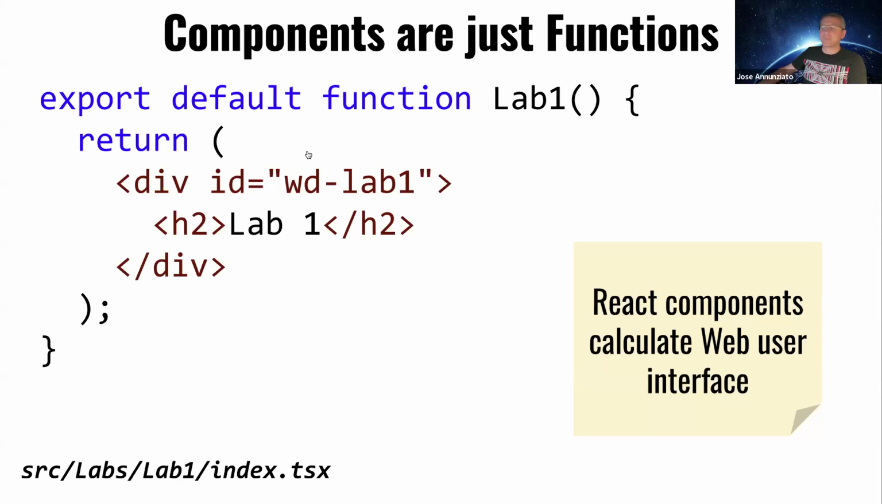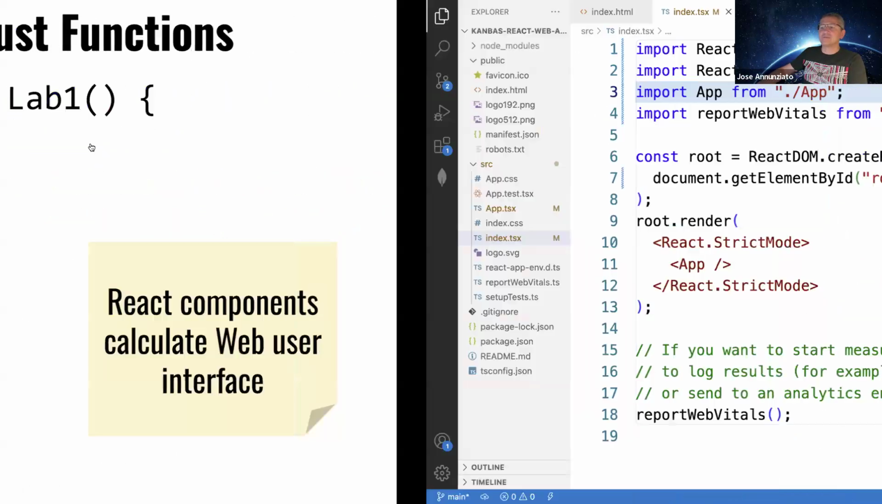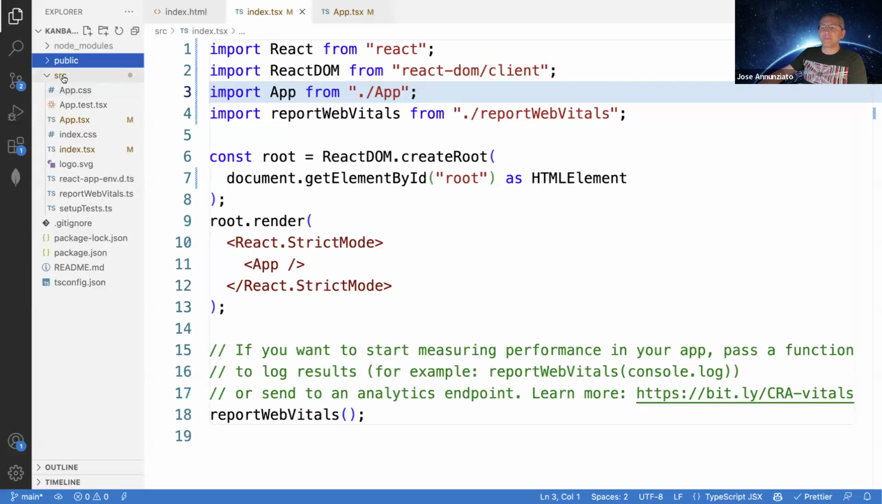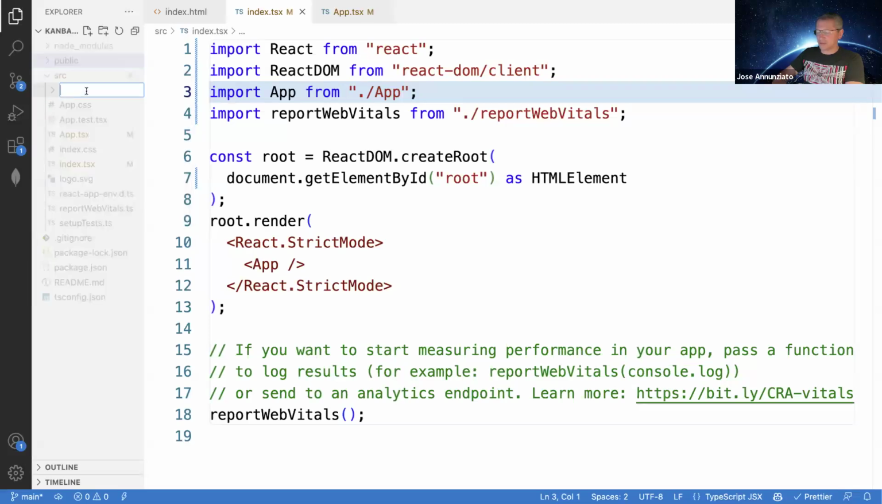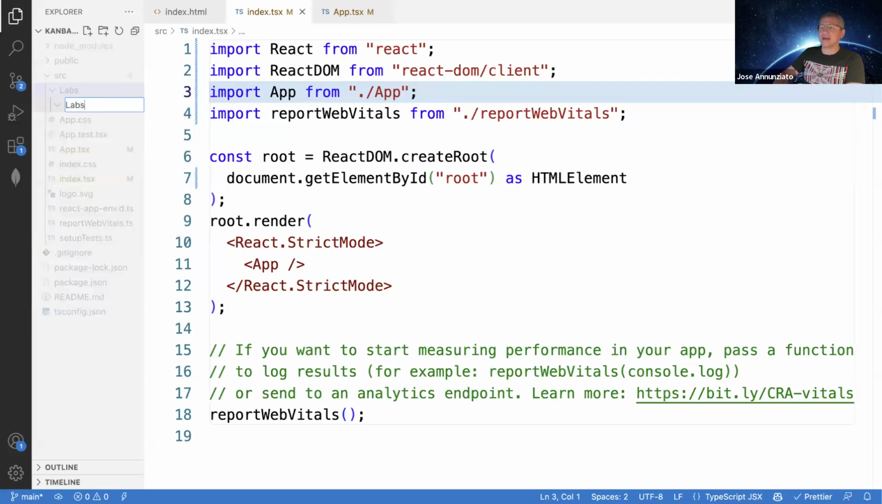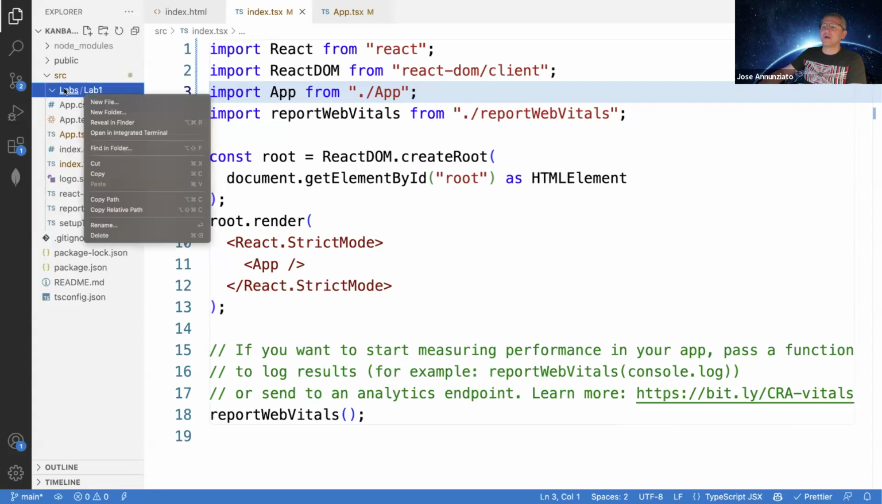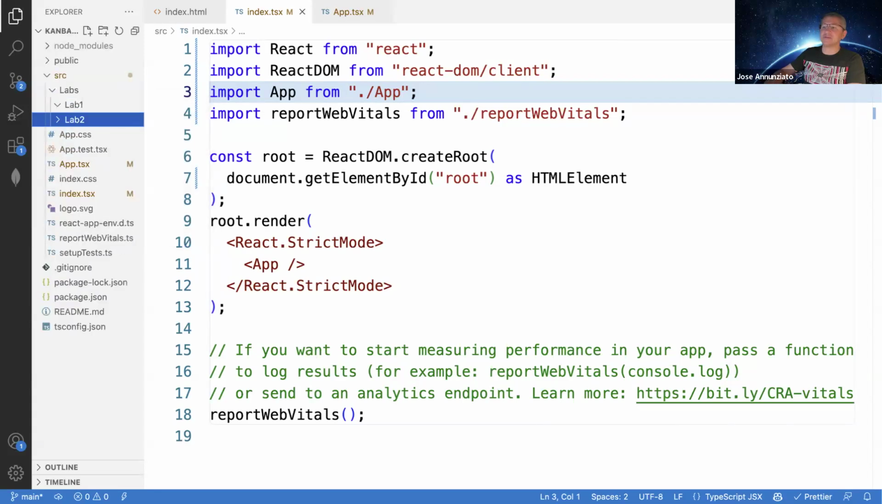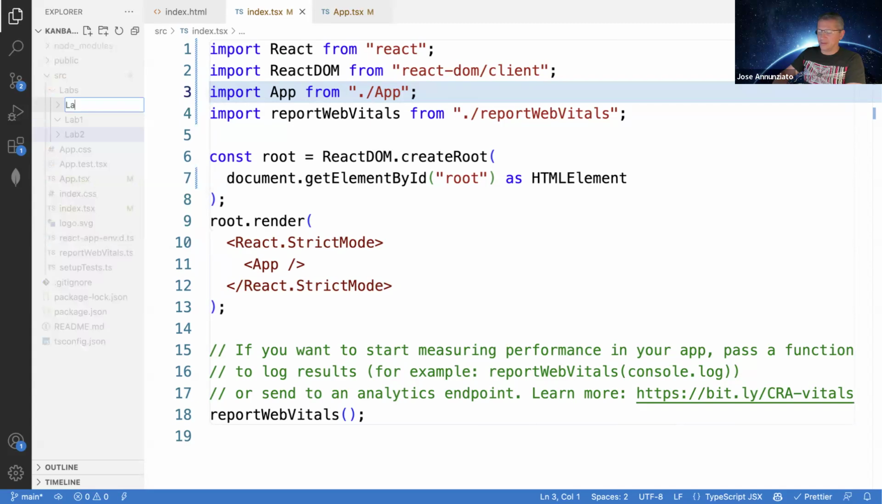So let's do that. In the source directory, we're going to create a folder called labs, and in there we're going to have lab 1, lab 2, lab 3, for the various weeks of working those labs. Under there, we're going to have multiple folders: lab 1, lab 2, and so on, lab 3. And in each one of them, we're going to create the default